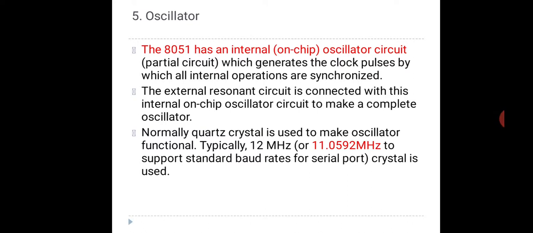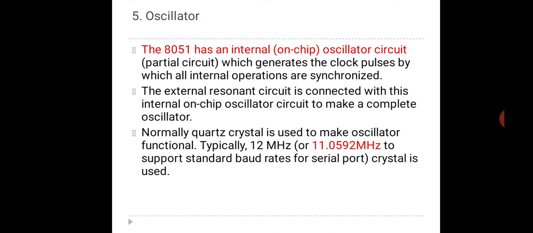Oscillator. The oscillator is like the heart of your microcontroller, like how we have a heart for the human body, right? It keeps on pumping the blood into our veins. Now 8051 has an internal on-chip oscillator circuit. This circuit's job is to generate the clock pulses by which all the internal operations are synchronized.